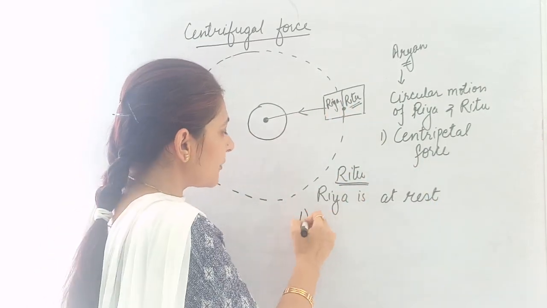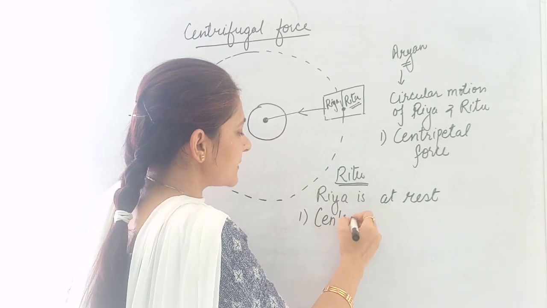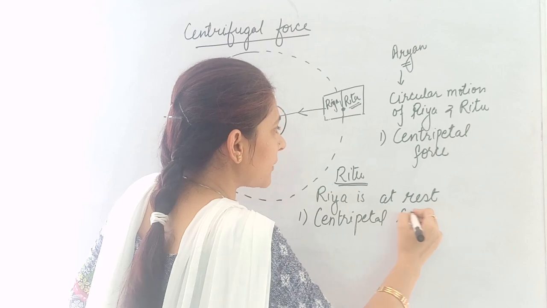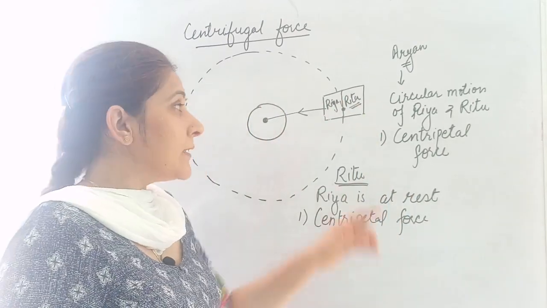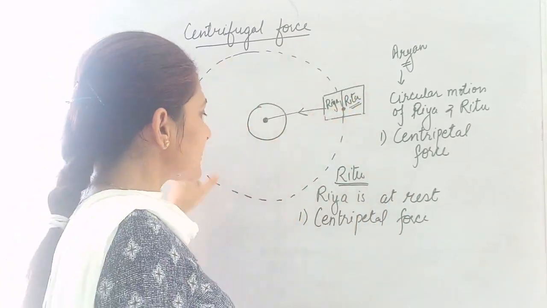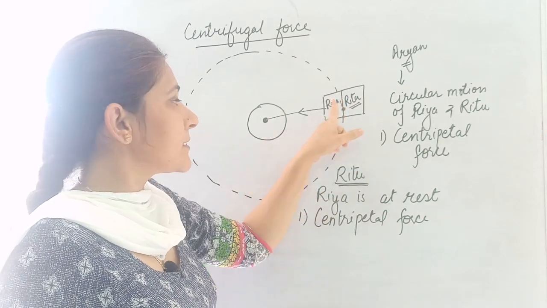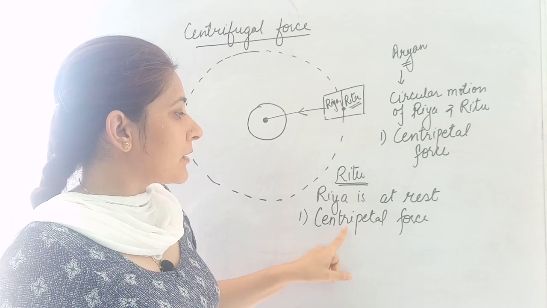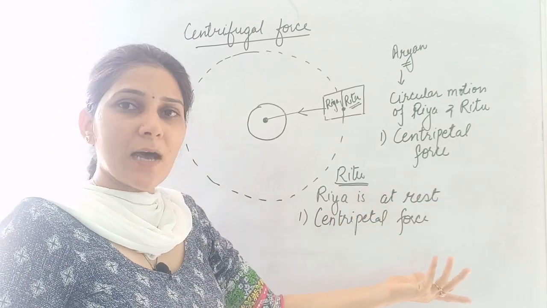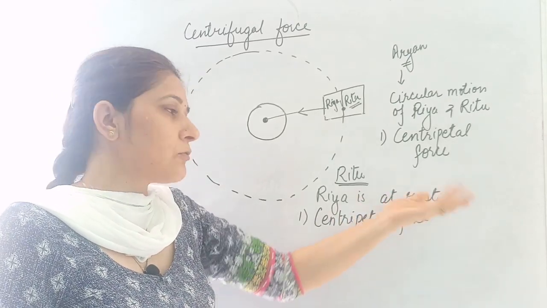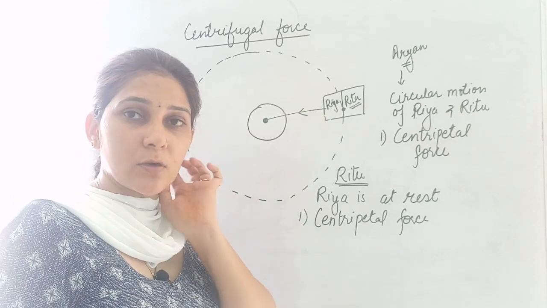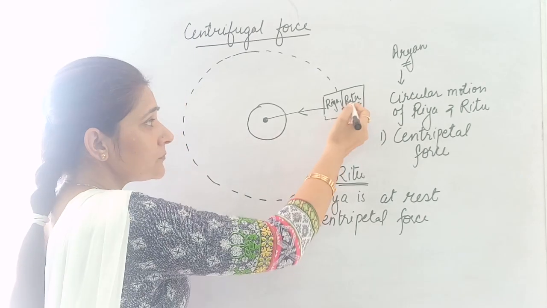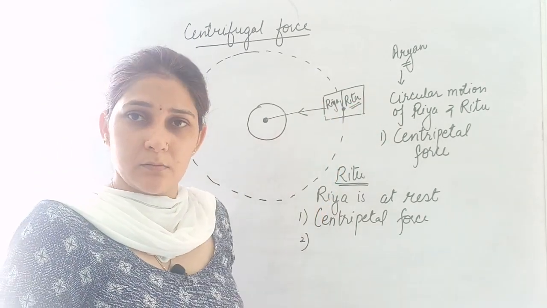That means she is also able to observe one of the forces, that is centripetal force, because she is moving in a circular path. That means she is able to observe that a centripetal force is created in this string, that is tension, and this is because of the centripetal force. And if somebody asks you to find out the magnitude of that, you can find it as mv square by r, but that is not part of your syllabus right now. Okay. Now what else is Ritu able to explain?